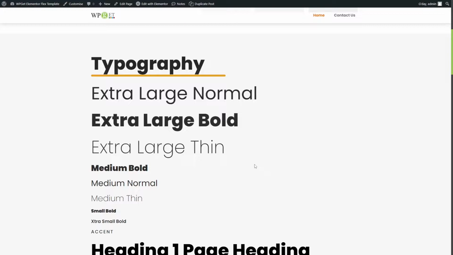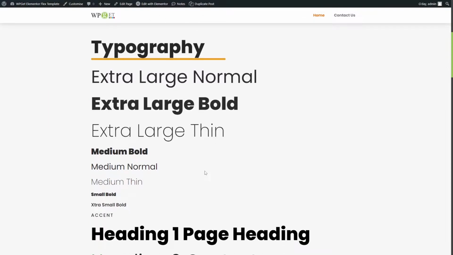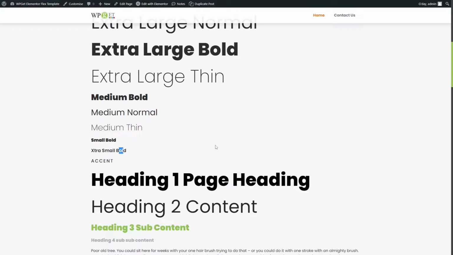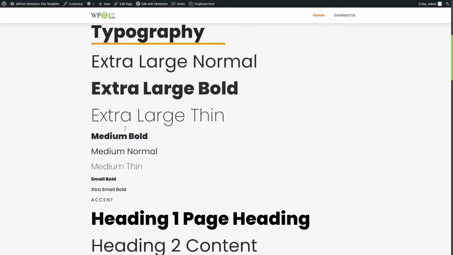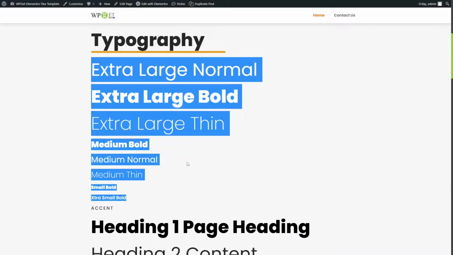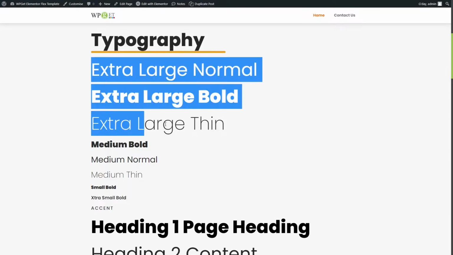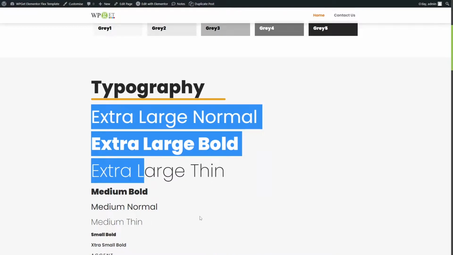Typography, I create, apart from your standard fonts that you have in your globals, I create a few. One is the extra large, normal, bold and thin, medium, bold, normal and thin, small bold and extra small bold. Accent's just one of the defaults. Okay, so these are just font definitions. They don't give you colors, they just give you the sizes at the different breakpoints, all that sort of stuff. So that's all I'm defining there. By the way, I'm just using Poppins as my default,